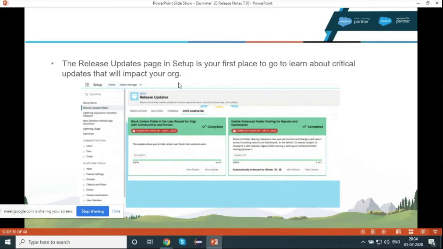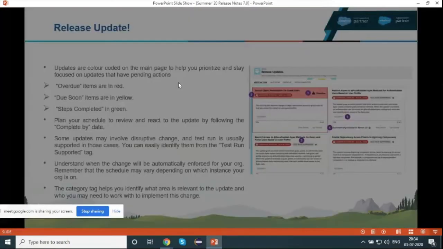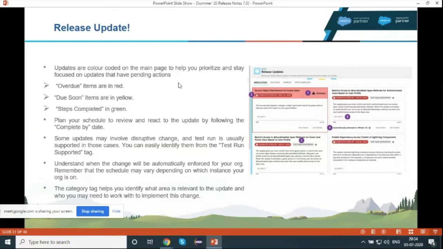So the next topic is the release update setup page. As you know, Salesforce keeps implementing critical updates for security purposes. Previously, handling critical updates was a mess, or I can say very complex for a normal admin.